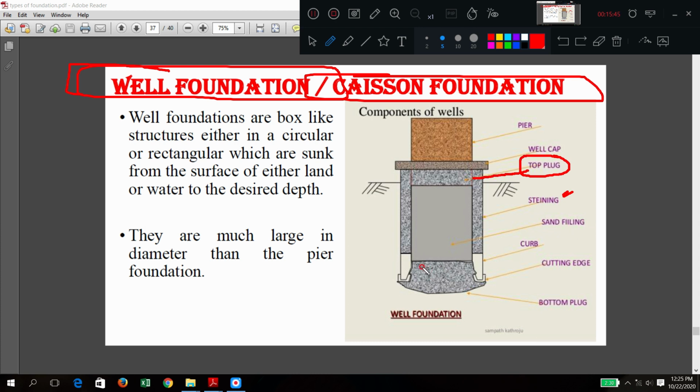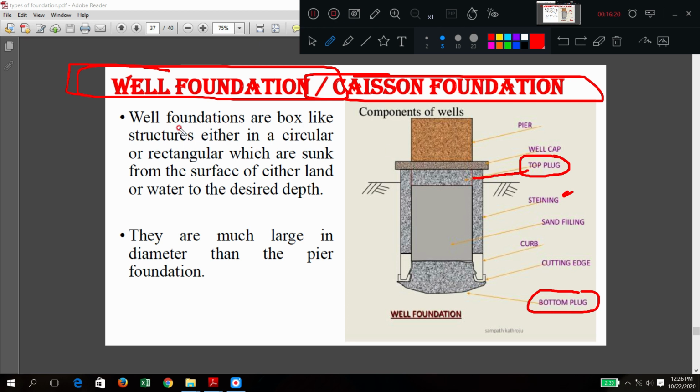So at the bottom, you should put a plug also, no. So that is called as the bottom plug. First, this one is inserted. The bottom plug is made, and sand is filled. Above that, the top plug is provided, and above this top plug there is a well cap, two structures to cover that one. Okay, above that this pier will come. In a pier foundation, the bottommost portion is there, the pier or the supporting structure for the wall.